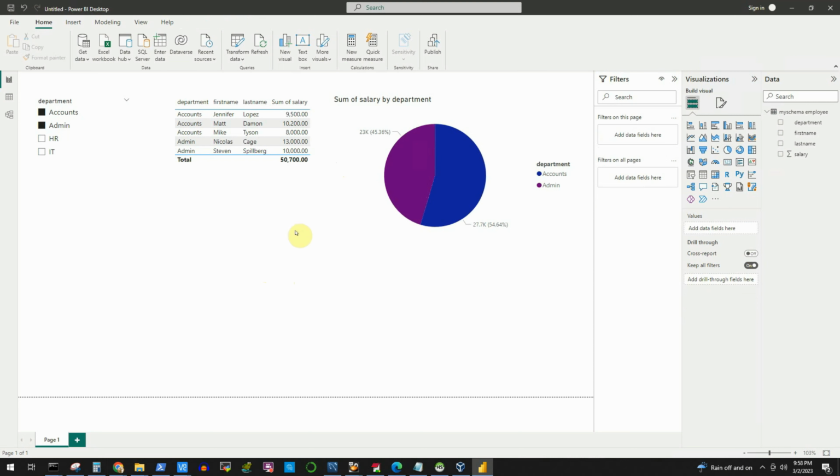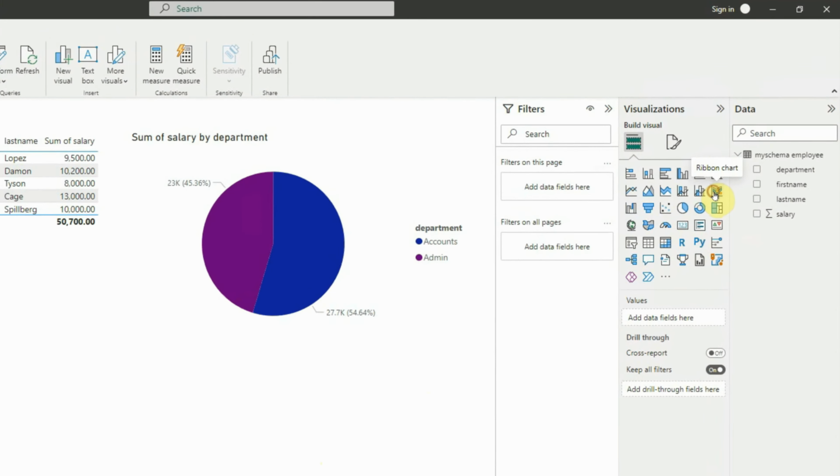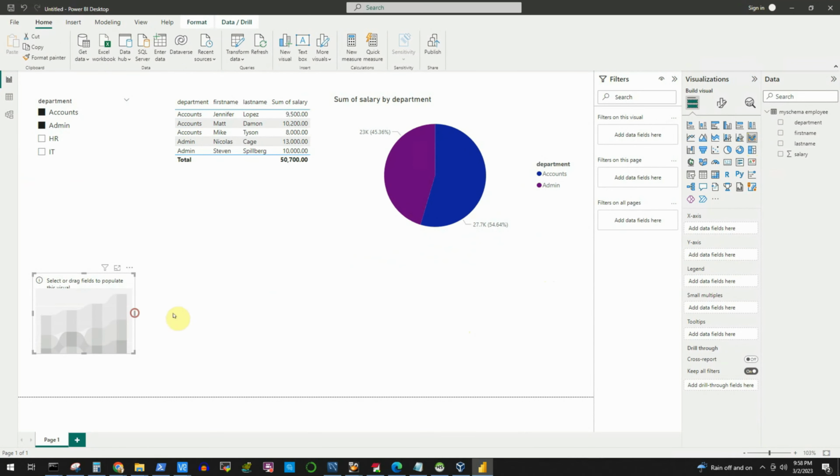Now I'm going to add another graphical visual here, which will tell us the employees who are getting the maximum salary, or they will be shown in an order of their salary. We are going to add this ribbon chart. Click on that, and it has added one ribbon chart there. Let's increase the size,